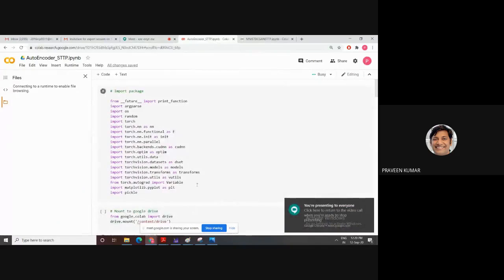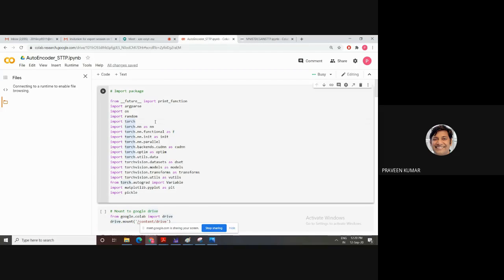I have developed this code. This one is my paper code. I have selected a particular encoder concept and then designed it. If you develop this first, most of you are familiar with Colab. In the last few days, you have been developing a lot of models on Colab. So I have designed this model, and I have tried to explain each and every concept of my model with the help of this script.